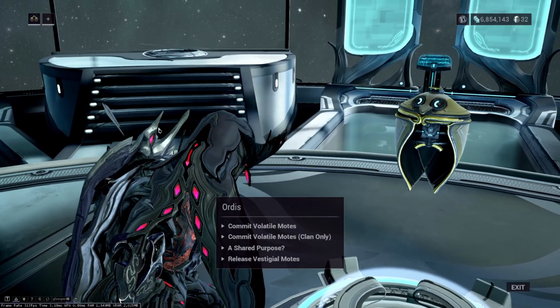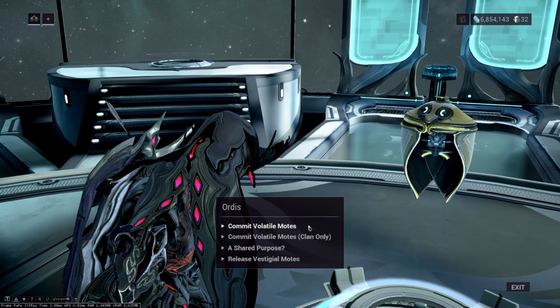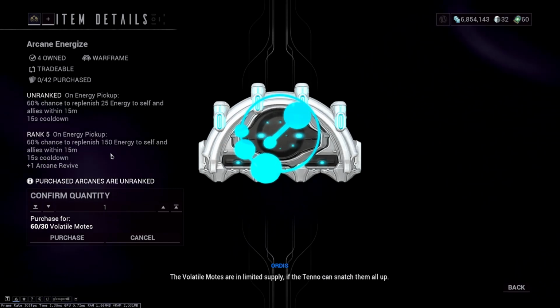The belly of the beast is here, and here is orders on Larunda Relay, giving us a lot of free arcanes that are really, really good. But in case you don't know, the arcanes have a limited supply, so you can only get 2 sets of